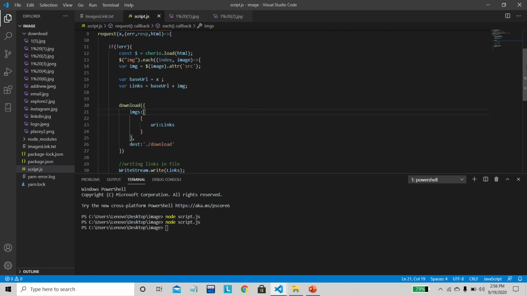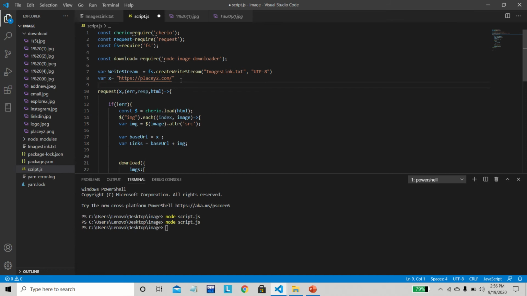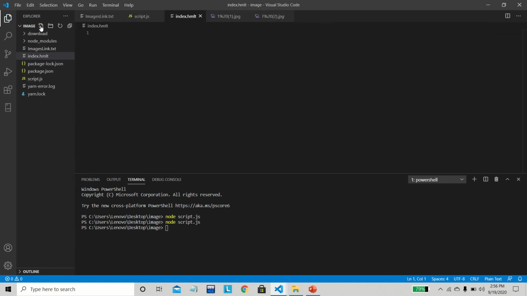But the problem is that we are coders, we are developers, so we know where to change the link. Suppose I say change it to Ambition Box or change it to Airbnb, you will change the link from here. But someone who doesn't know coding should get a front end from where they can give or pass the URL, and the backend will work. Okay, so for this we will create a simple HTML form from where we can get the link.